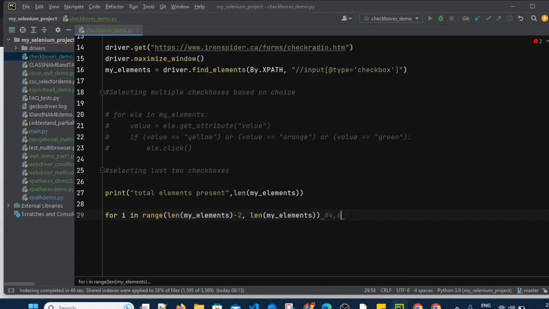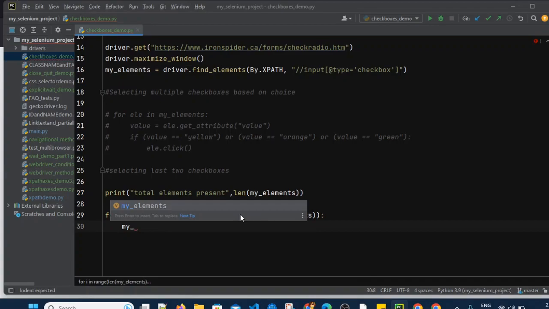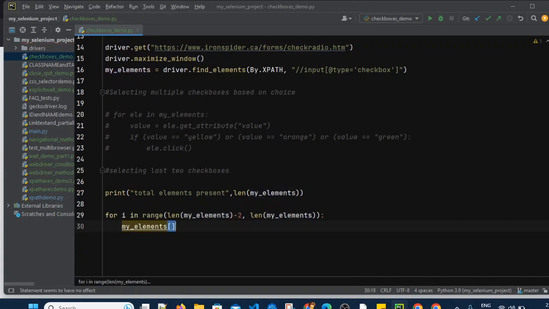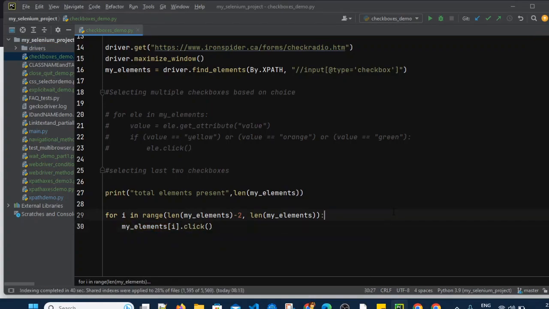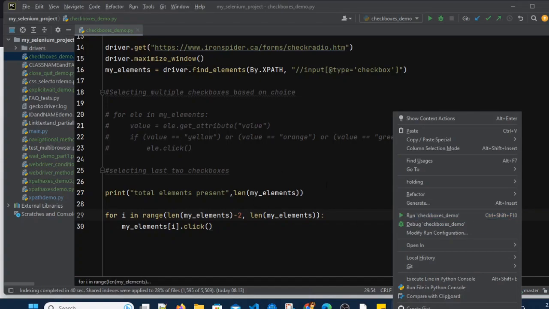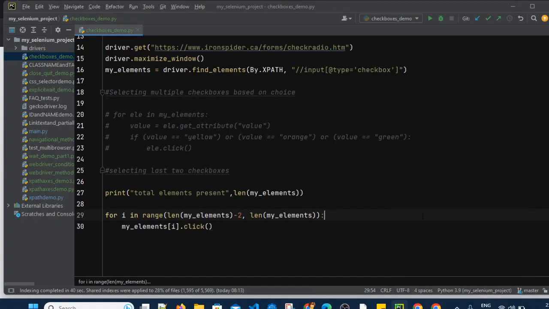So after that, let's put my elements, then we can use i dot click. We want to click on them. So now let's execute this file. It should click the last 2 checkboxes.